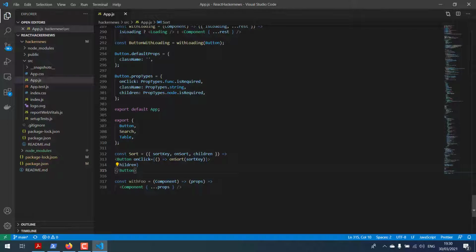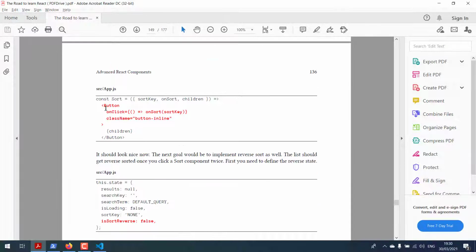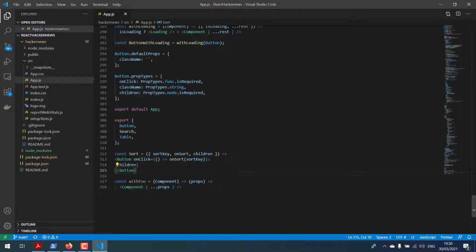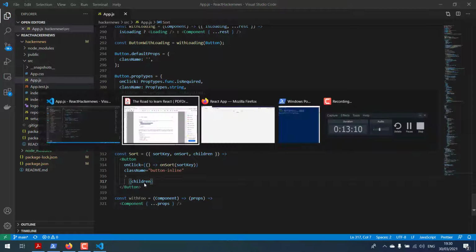And after that, let's see. Now it should look better. Okay,